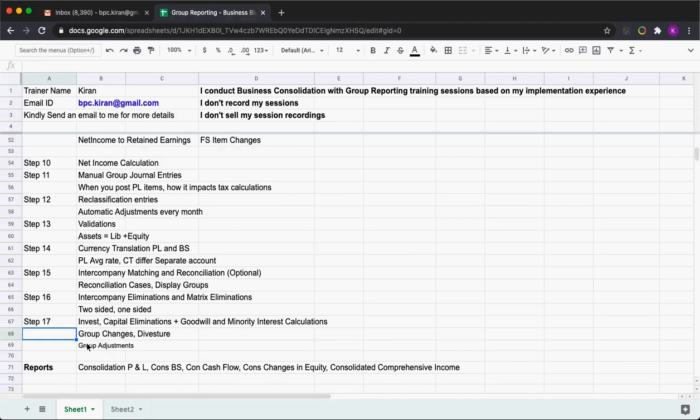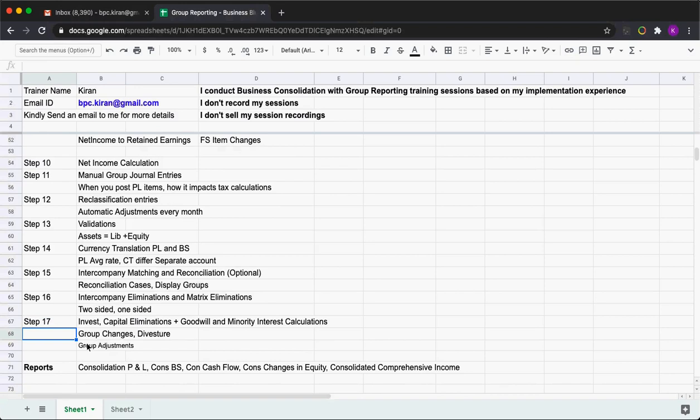So the method is not important in this BBP, right? How the investment elimination happens, how the capital elimination is going to happen. Everyone knows, if you are a finance guy, you know what the entries to be passed are, but how the system is going to do it, how the method is created.